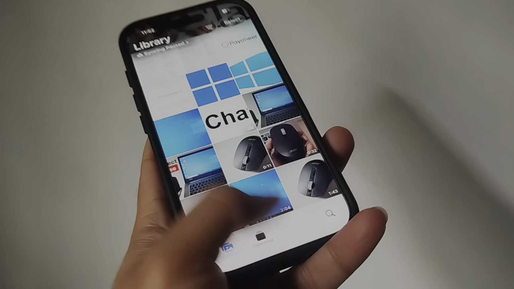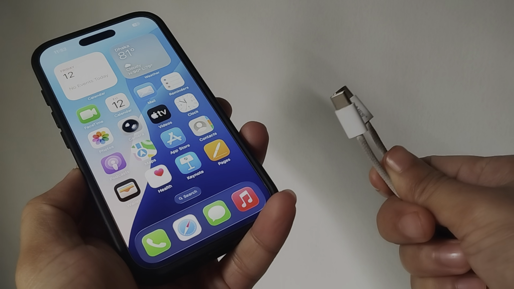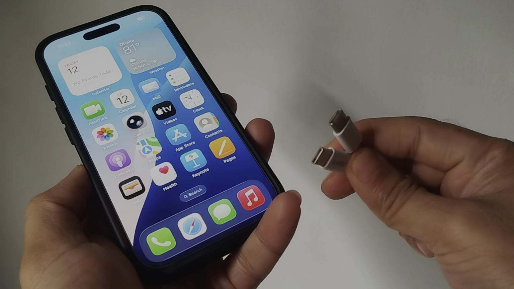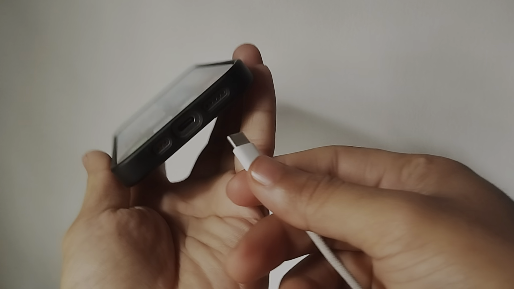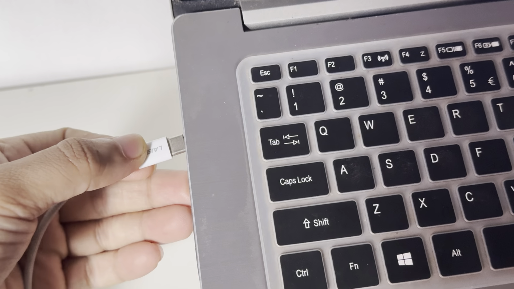So here you can see my phone, it's a 16 Pro. You just need a cable, and this is USB-C to USB-C. On one side, you just need to connect to your mobile. So here you can see I just connect it on my mobile, and the other side I just need to connect